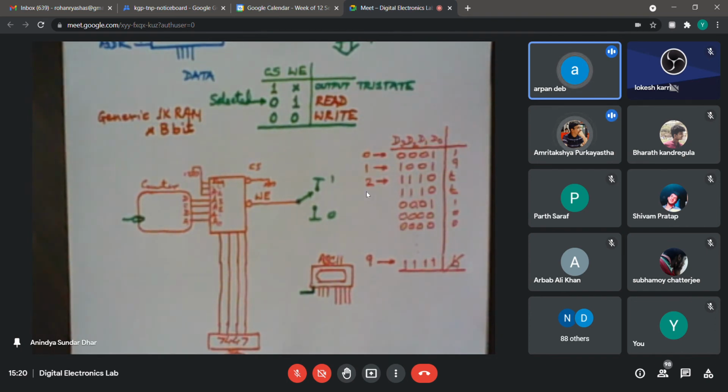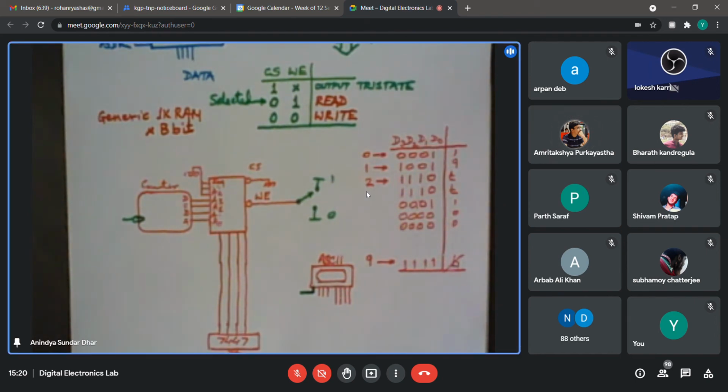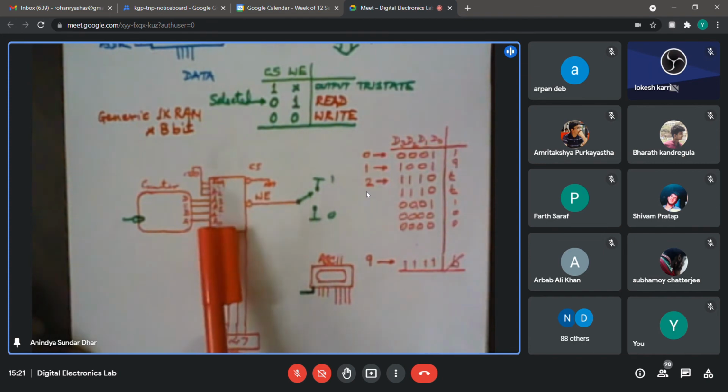Maybe we can just use a tri-stated buffer for this. Yes, I think rather than doing that XORing kind of thing, because that also may not work well, because during the writing operation, that can once again interfere in some way. I really do not know whether ASCII will match or not. What I can ensure is that you have a chip select signal for this RAM chip.